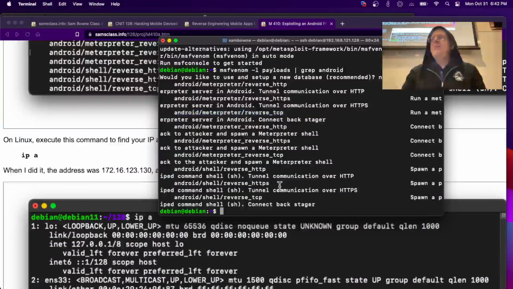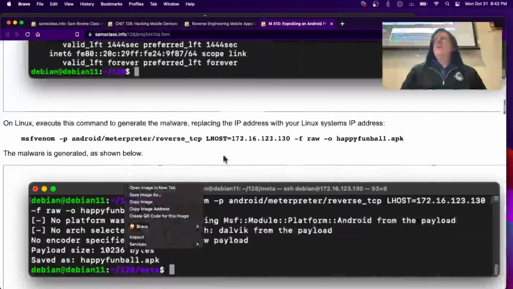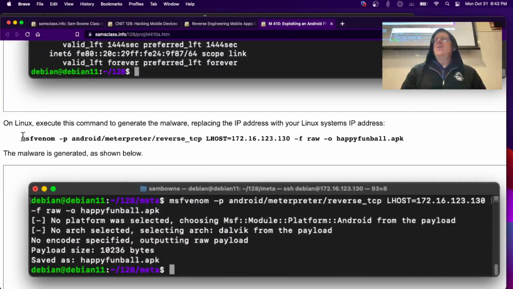So we need the IP address of our command and control server, which we already got before. It's up here, 192.168.121.128, because your malware has to have that address so it knows who to phone home to, the command and control server. So it has to build that into the malware. And here's the command that does that. And all I have to do is adjust the IP address to match it,